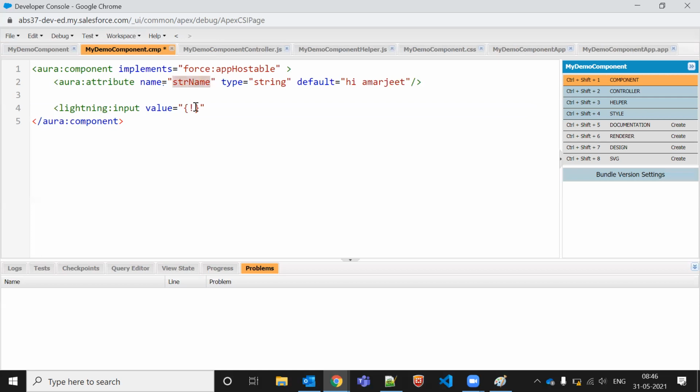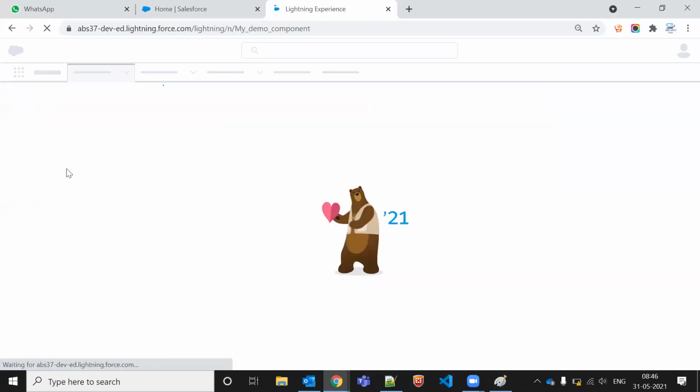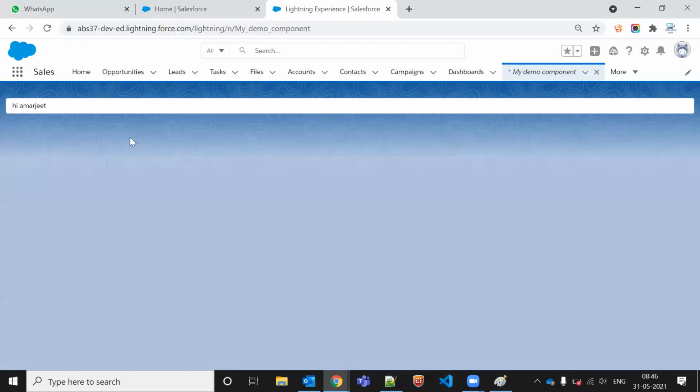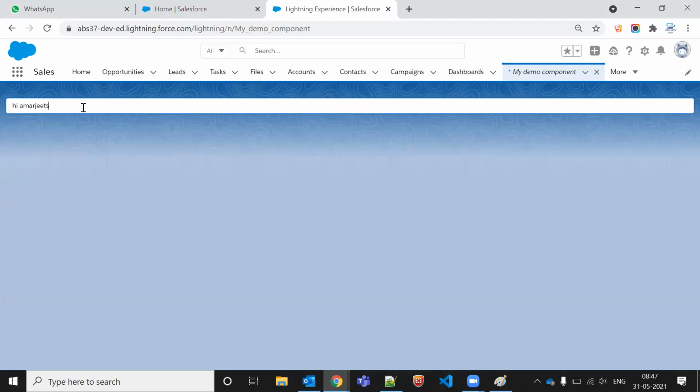Value is, we can say it's a v dot. So that's a variable. So we'll say v dot this value. Something like this we can do, and we can display the result. So we'll go there and check whether we are getting the input high. So this high we are getting here. Okay, so that is my default variable which we created here.